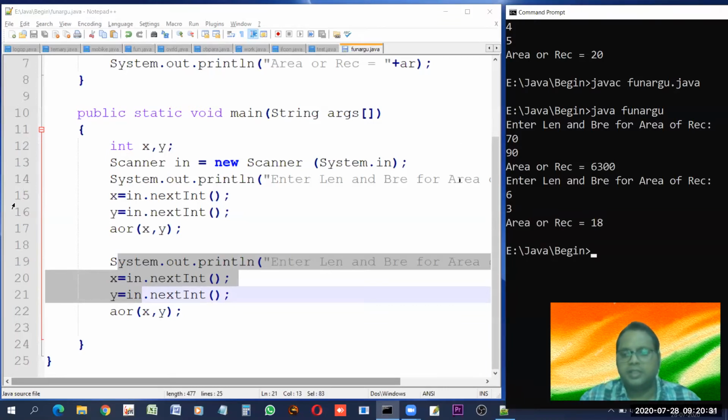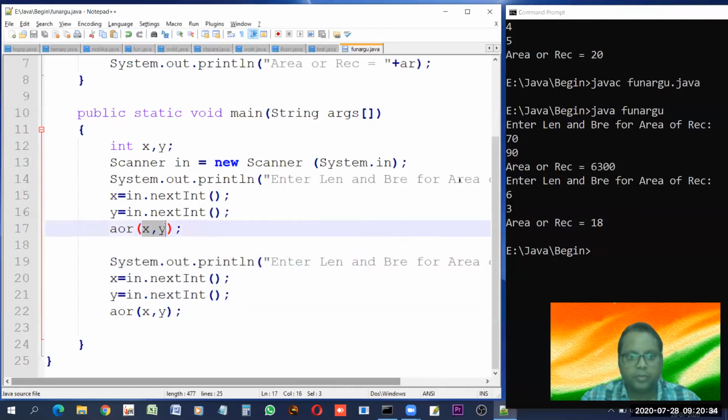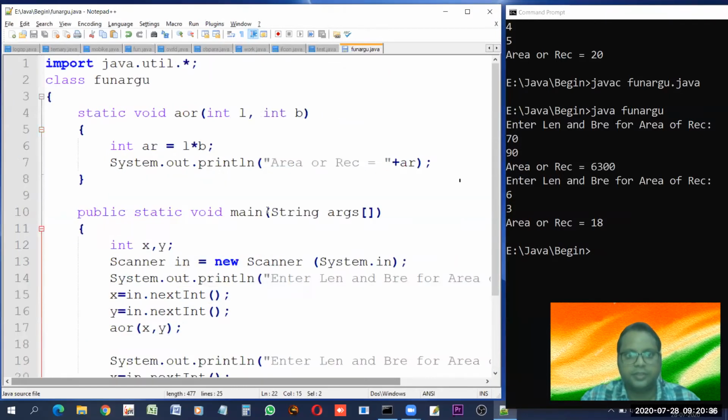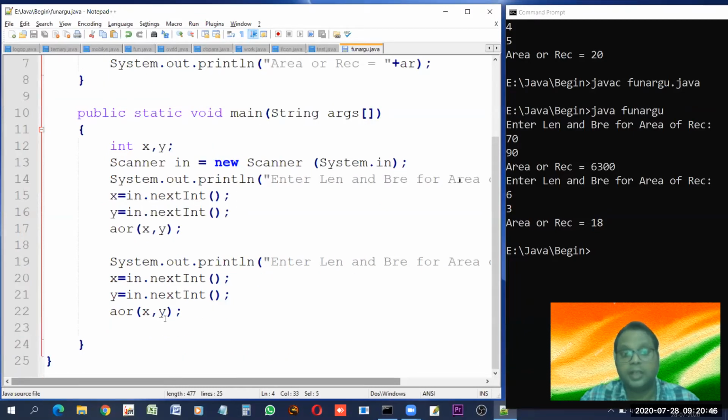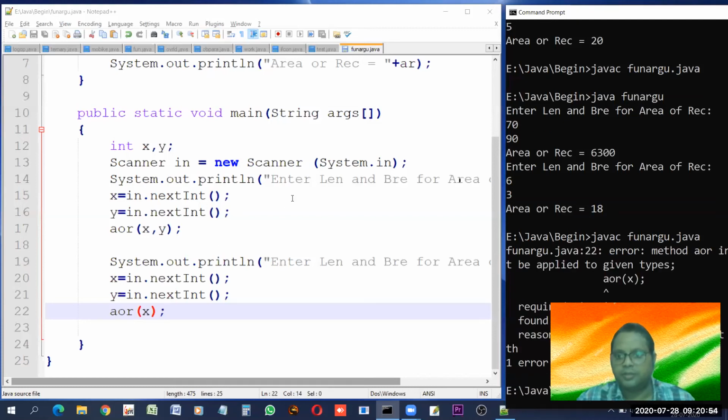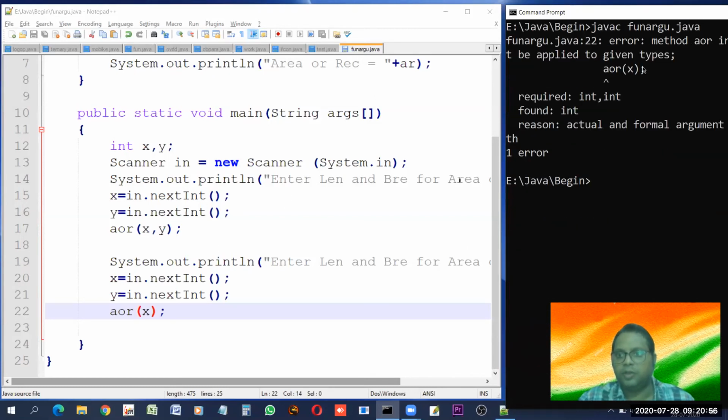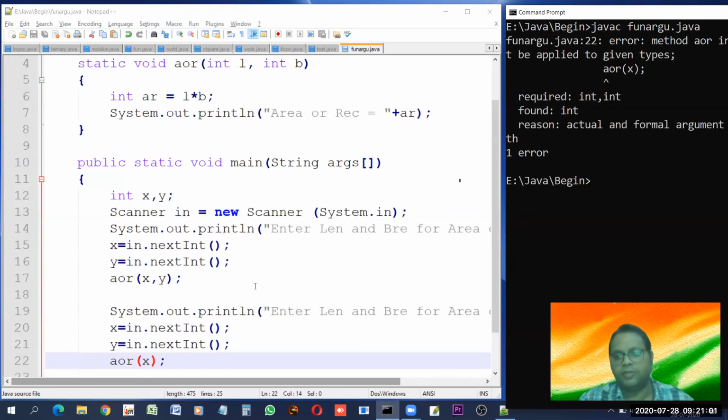So you can easily see, dear students, how we can pass arguments to the function. But you have to remember one thing: whatever type of argument is given, the same type you have to provide. And the number of arguments should also be the same. Same means, if I provide one argument, what will happen? Let us have a look. Then also there is an error. Only one argument is there. So you have to provide the same type of data as well as the same number of arguments.